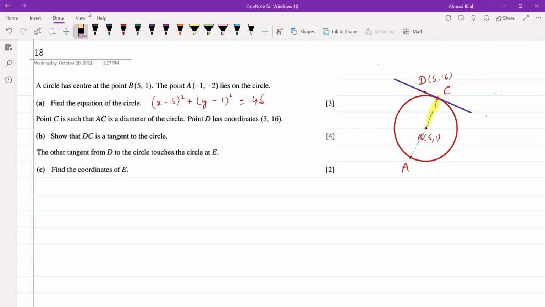It touches the circle at one point. How can we show that? We know that AC is the diameter. You just have to write the obvious statement, you don't need to show it: since AC is a diameter, that implies that C lies on the circle, right? C lies on the circle. That's one thing. The point has to lie on the circle. We have written that down. The second thing is that